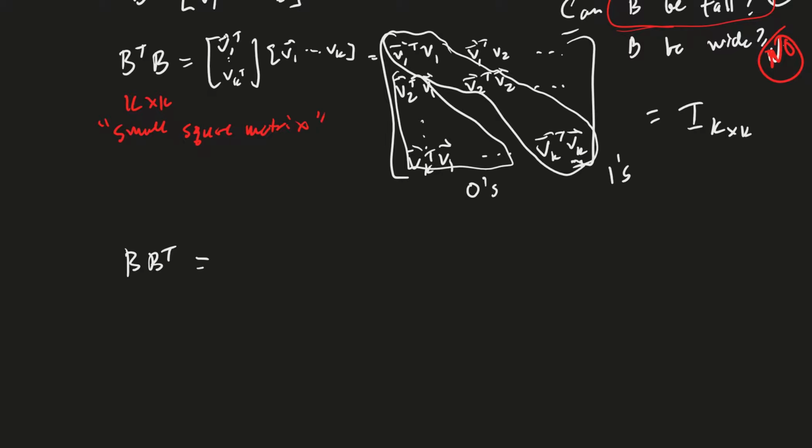Okay. Is B B transpose the identity matrix? That's the big question. And that was V1 to VK times V1 transpose to VK transpose. If I just compute out what this is going to look like,